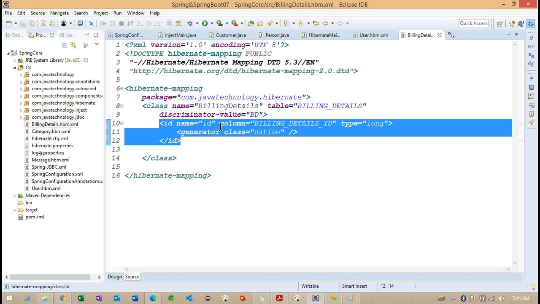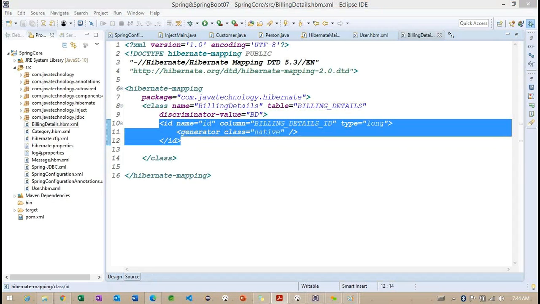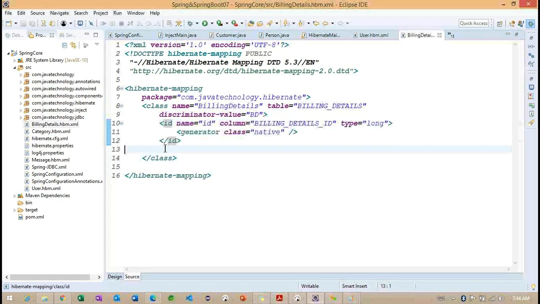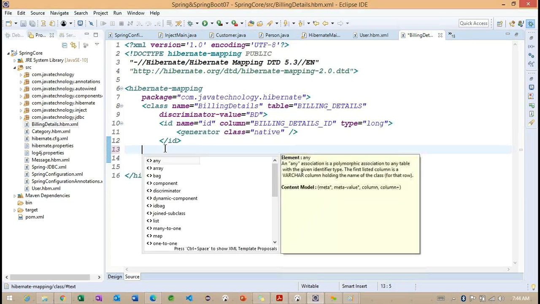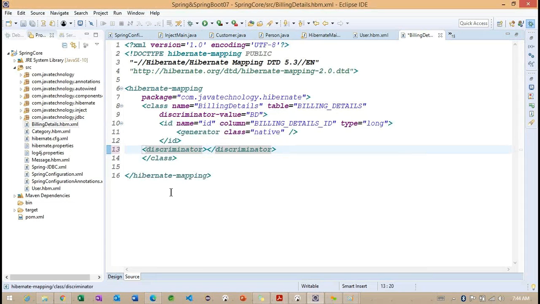And after this, what we need to specify? Here we need to specify a particular tag. So what is the tag we need to specify? Something called the discriminator tag. Observe here what I'm doing, I'm trying to specify this particular tag here, so that this particular column is going to be provided here.